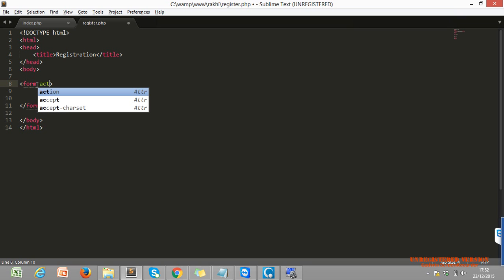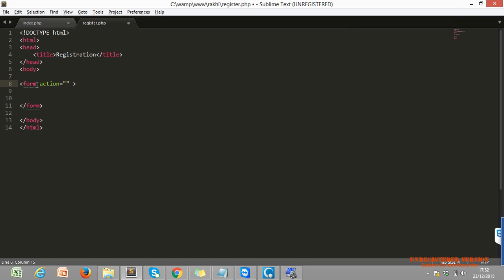action. What is the action property of the form tag, Rakhi? Why do we use the action property? We use the action property of the form tag for redirecting our form from one page to another page.